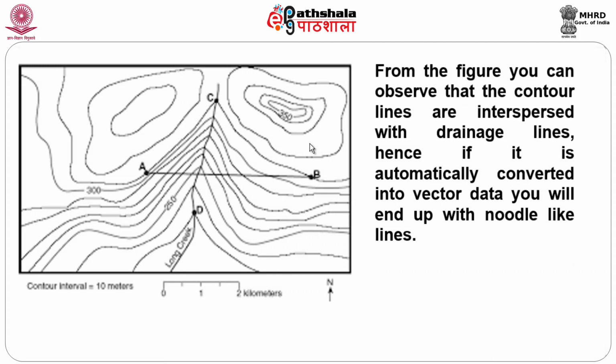So why is it so? Say for example, let me have something like this. I have a contour map. I am seriously interested in converting this contour into a line so that I can use it in the future. So when I am using this contour, when I just scan this map, to make it simple, I have taken a simple map. You have an intervening line here. This is your drainage line. Get it?